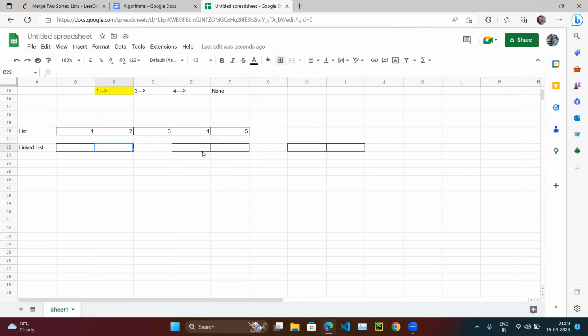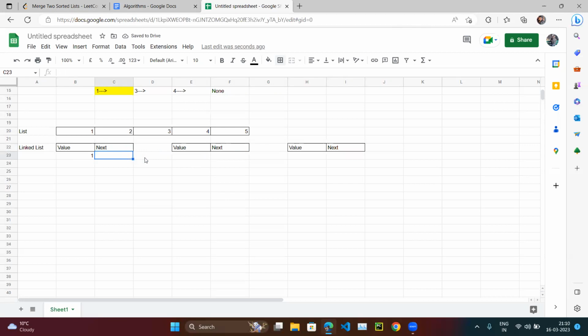So one node is this, the second node is this, the third node is this, and each node consists of two parts. One is the value, and the other is the next pointer. Similarly, one is the value, and the other is the next pointer. Right. As an example, let's suppose this node contains 1 as a value and the next pointer contains